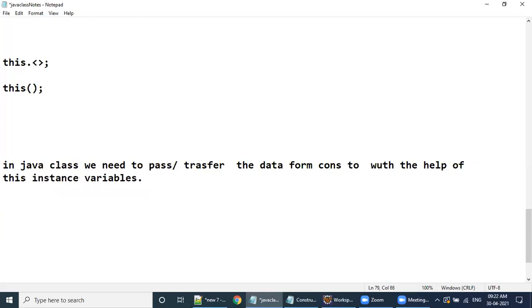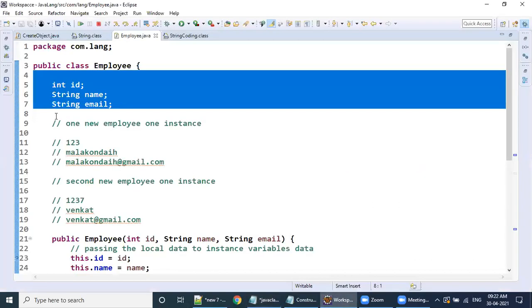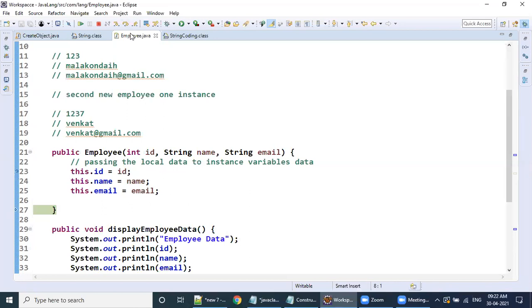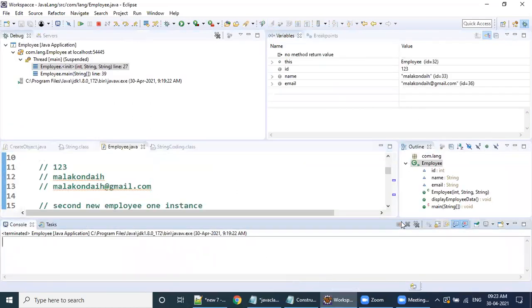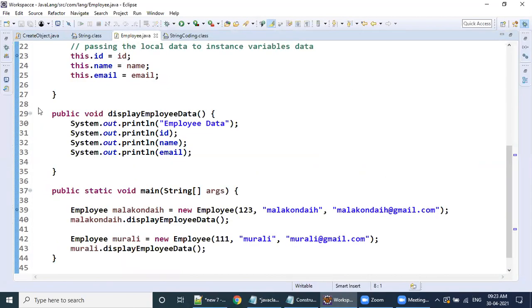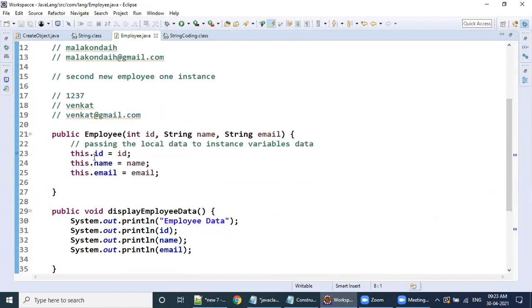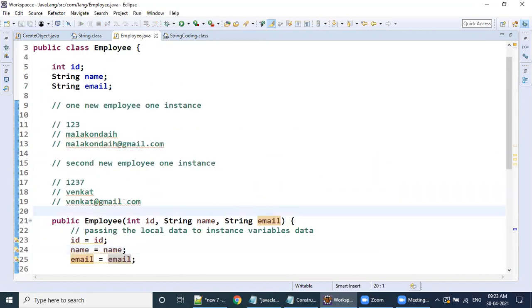You can ask me one doubt here: sir, if I don't place this keyword, what is happening here? That also we'll see. We have that luxury. Okay. Now, if I remove this one, you know, right? The this keyword is required when you have local variables and instance variables with the same name. In this case, this comes into the picture.